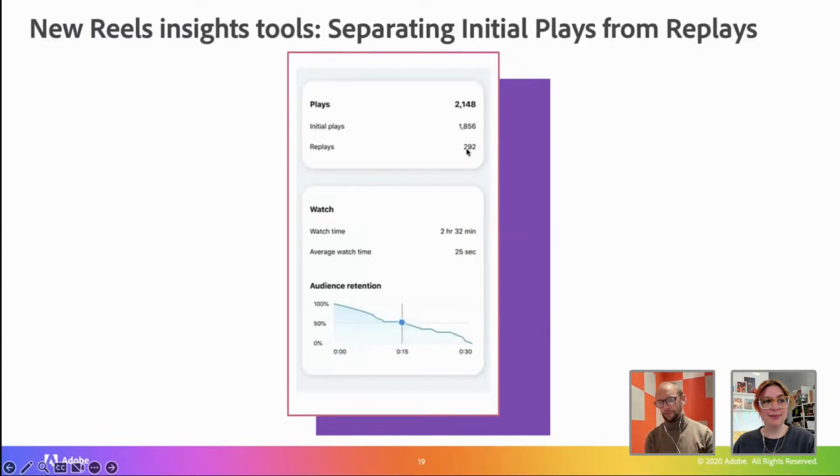Replays are super useful because the more people replay your video and watch it again, the further your reel will be displayed in other people's feeds. You will get more reach. So it's a really important signal for Instagram, and the same is true of TikTok too. The more people that rewatch the same video, the further it's going to go.